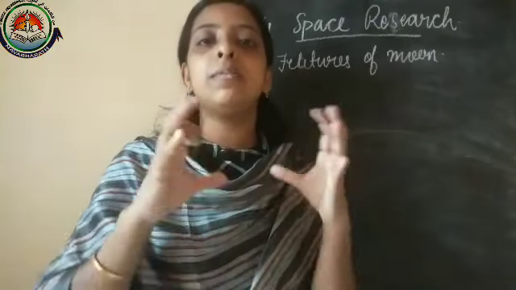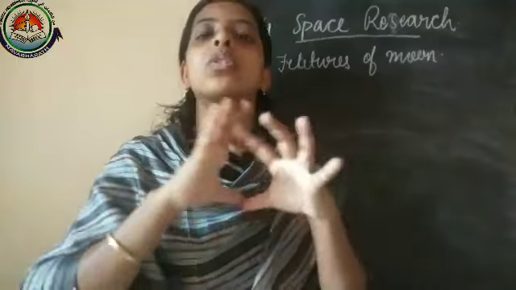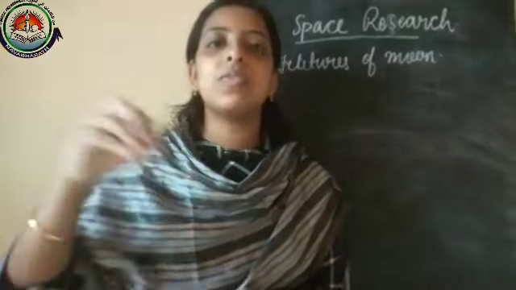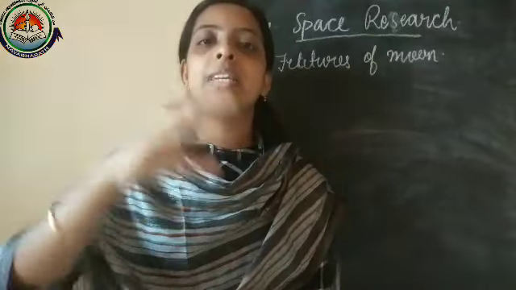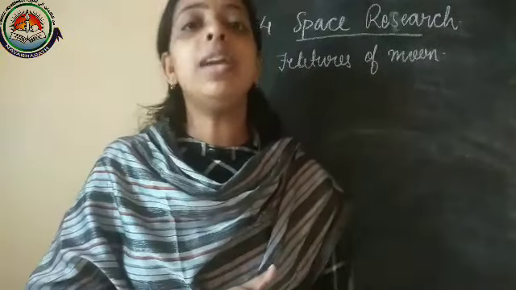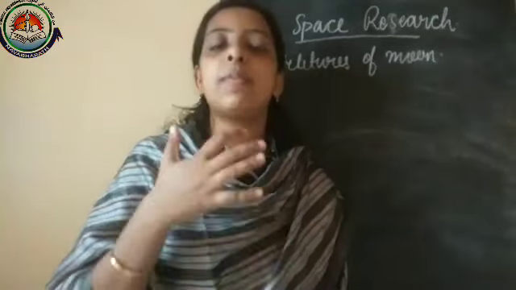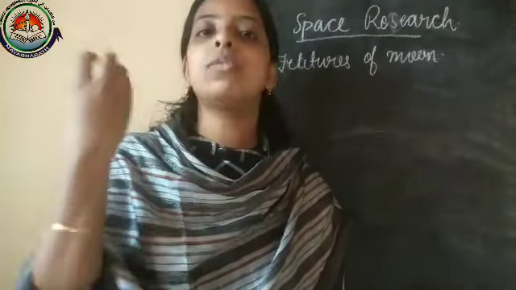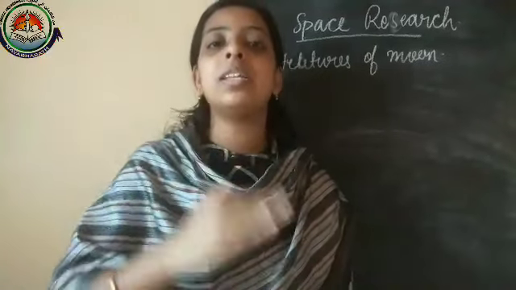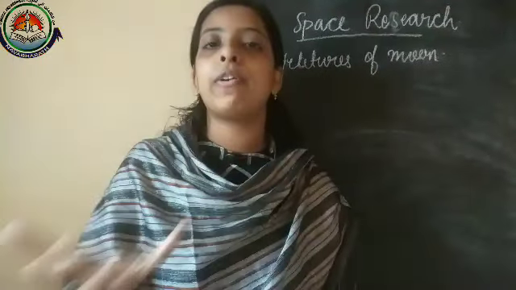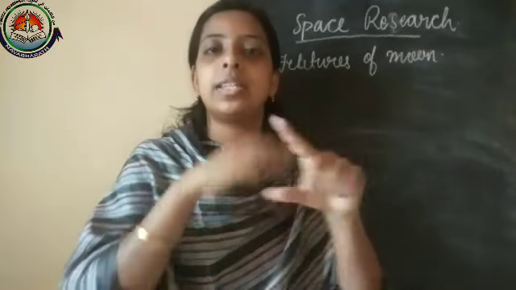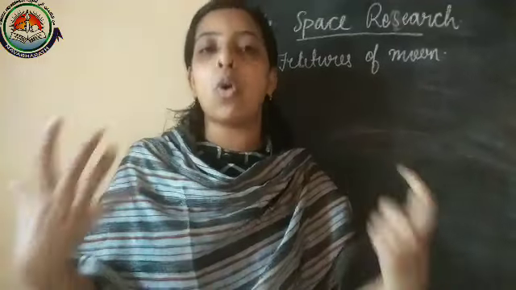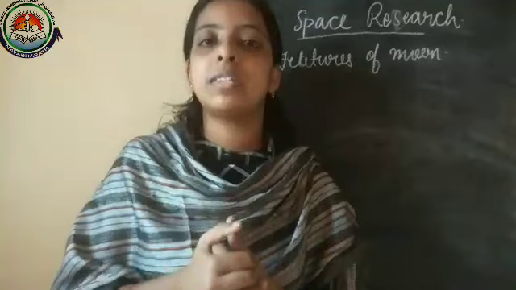On the surface of the moon, there is no water, no air, and craters are present. That means the surface is hard and uneven, and we can see valleys on it. That is why we say life is not possible on the moon, because of its extreme climate. On Earth there is a moderate temperature because of our atmosphere. We do not feel that much cold or heat, and we can anyhow adjust to the climate.